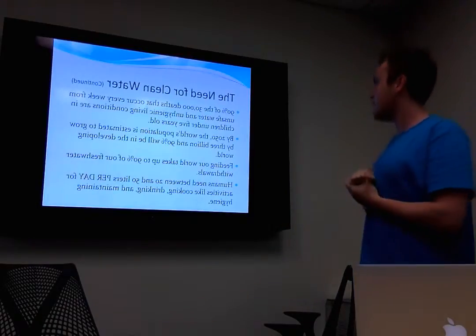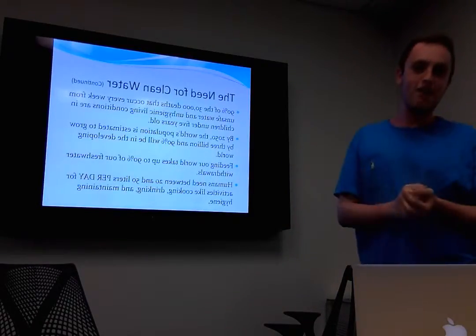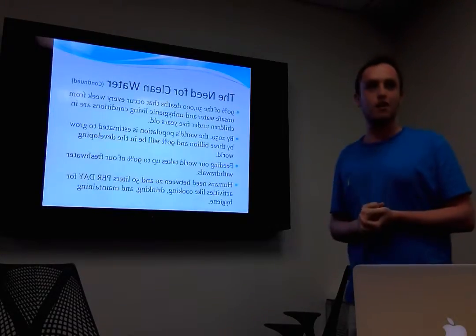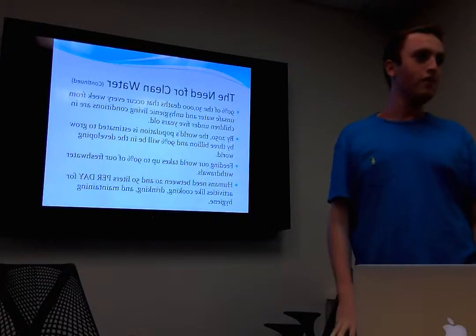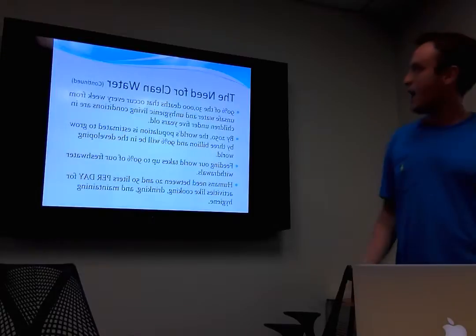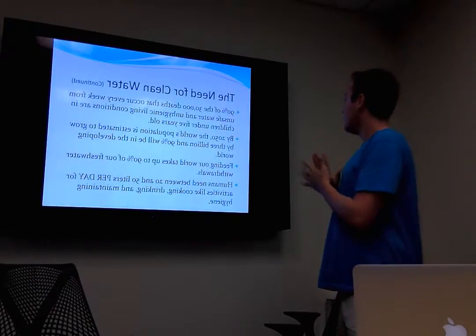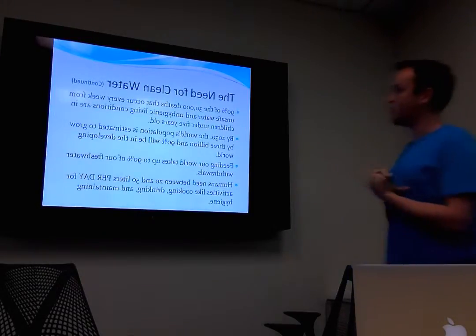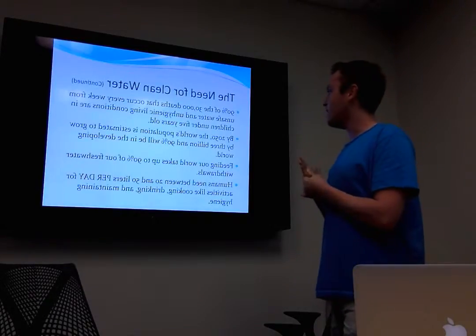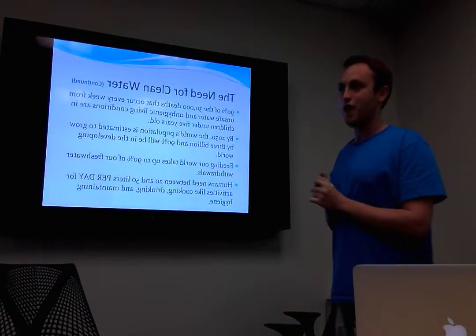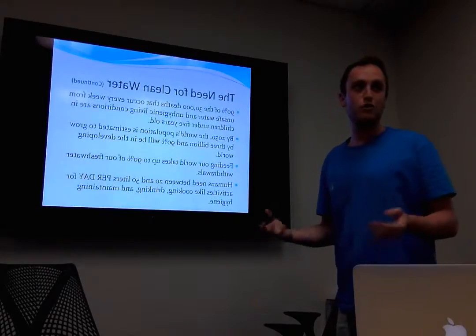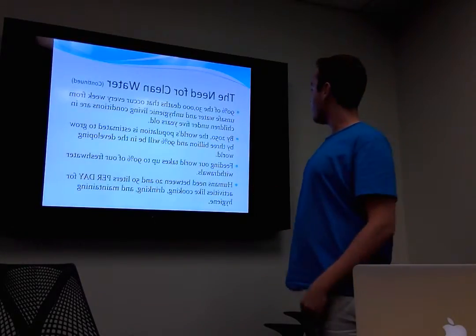So 90% of those deaths are children, and that's super sad to think about. There are so many kids dying every day just because they can't get clean water, which to us is such a basic thing that we all have. Clean tap water is everywhere in the United States. Not everywhere, but pretty commonplace, and it's really not everywhere else in the world. By 2050, it's estimated the world's population is going to grow by 3 billion, and 90% will be in the developing world. So the problem is in the developing world, and that's where all the population is growing. So the demand is just growing out of control.